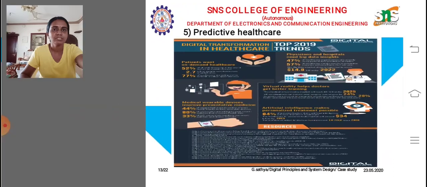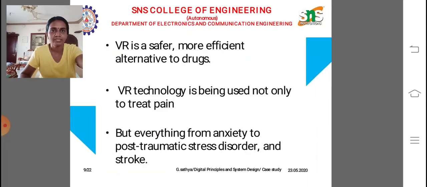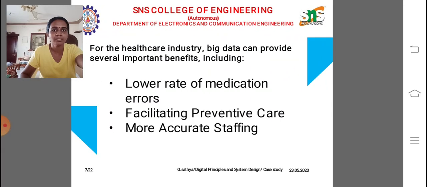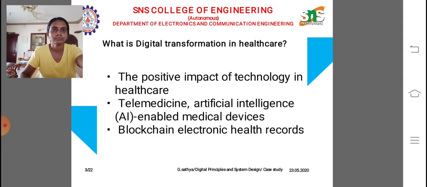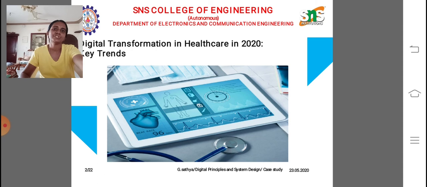Our defined part is digitization, that is digital transformation in healthcare. For this digital transformation, we are using 5G technology. Through these different solutions, we are providing an effective manner to monitor and maintain the patient.